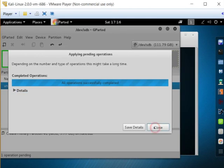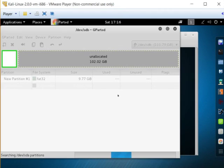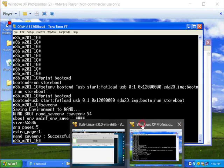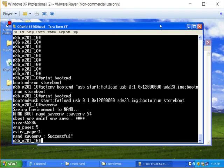After that's done, click close. Now this is where it comes into the other files, depending what you're using. If you're only using like an 8 gig drive or a 16 gig USB stick, you want to get these pretty close. So back in the other system, the XP system,